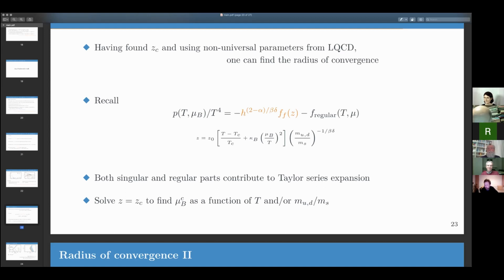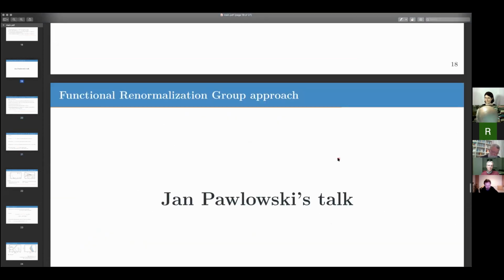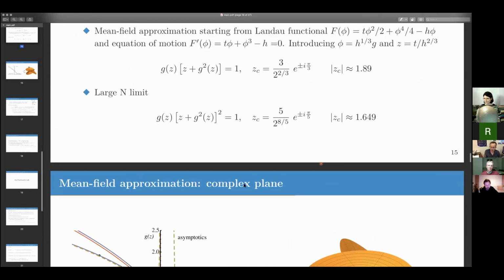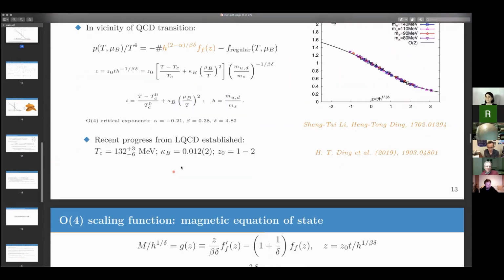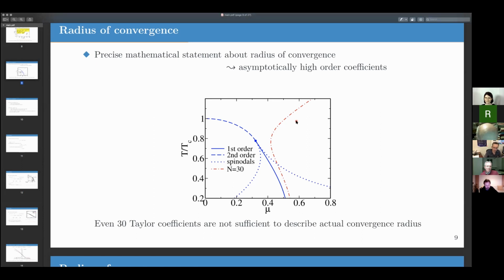Actually, somebody made a remark that you need 30 orders to get it right. I think it was Vladimir or something. Actually, Guy Moore had an old paper about this in a simple model. And I think maybe you were referring to that paper. So this was a calculation done by myself quite some time ago, but I don't think we ever published it. But it's just this plot. So Guy had a paper about this. I think there's a paper by Bernd-Jochen Schaefer and Frithjof Karsch and others about this, where the statement is you may need a lot of coefficients, but you don't know. That's correct. I think we came up with 26 orders, but